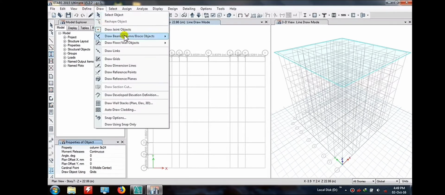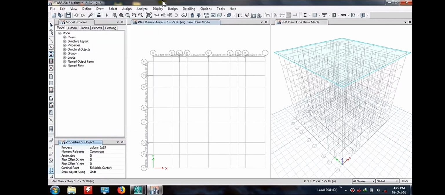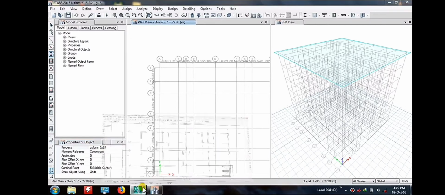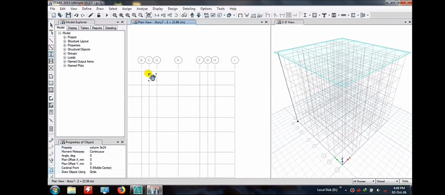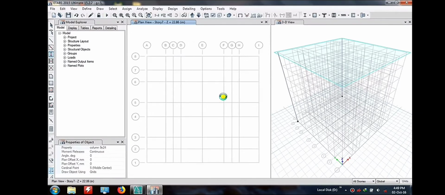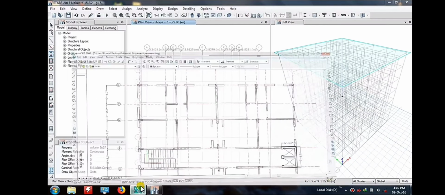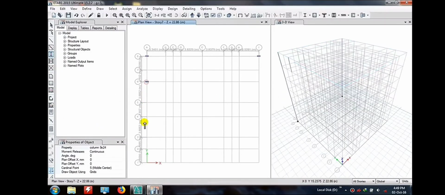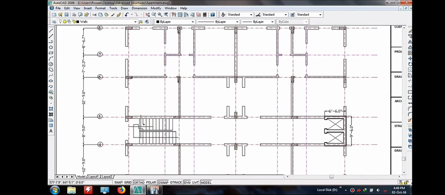Similarly you can also select it from here. The same thing is given here and here. So let me start. What you have to do, you have to see your design very carefully while drawing your column. So frequently you can see your drawing and just define the similar column at the similar position, the grid system.